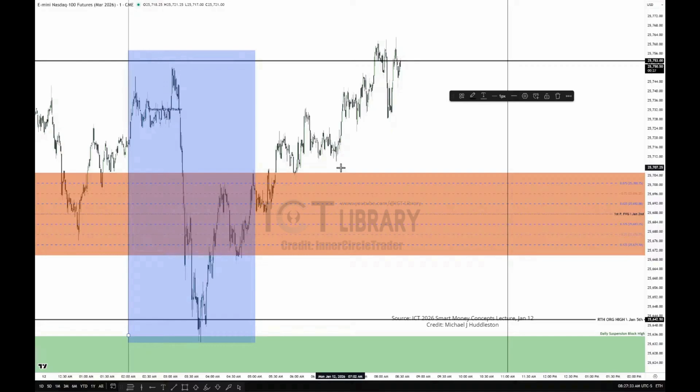That's the mindset I cultivate with new students. You're not trying to ride the entirety of the move. You're not trying to be right. You're looking for the easiest low-hanging fruit objective. What is it likely to do next? You're not reacting to anything. You're predicting. That's what you're doing when you win. This is a statistical probability in your favor if you do these types of things, looking back through time, looking for smooth highs and smooth lows, and then limiting your focus to just simply looking for a setup that would yield a run into that.